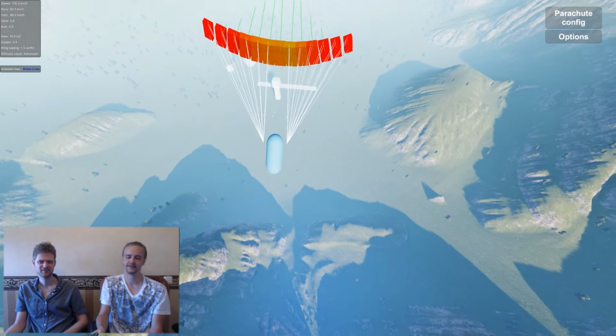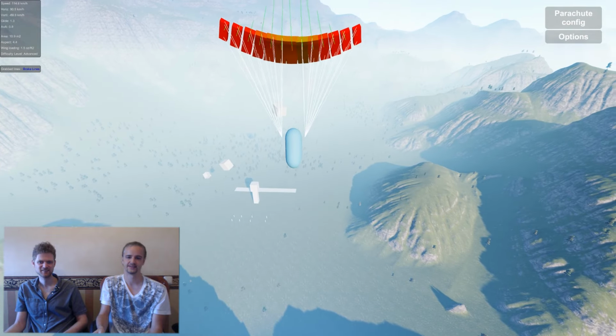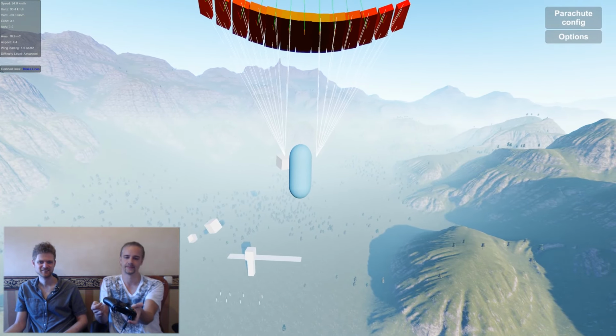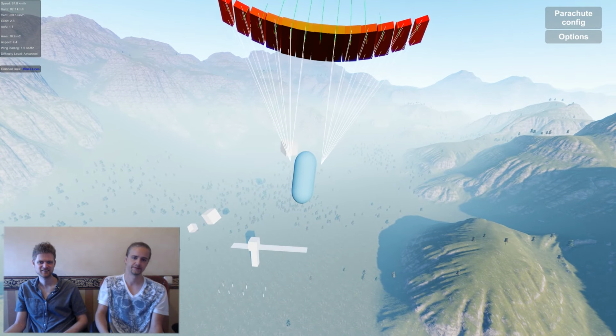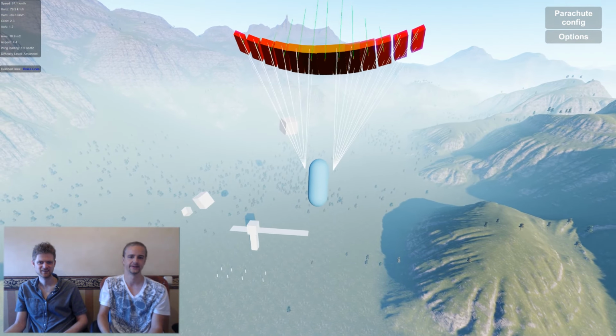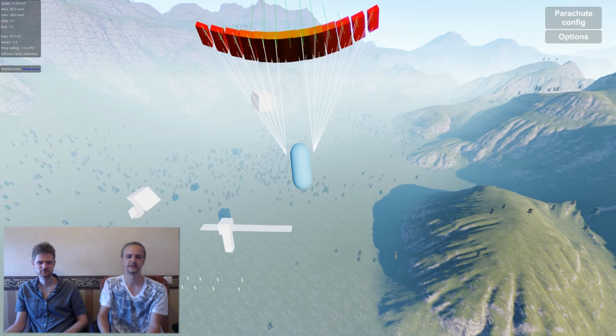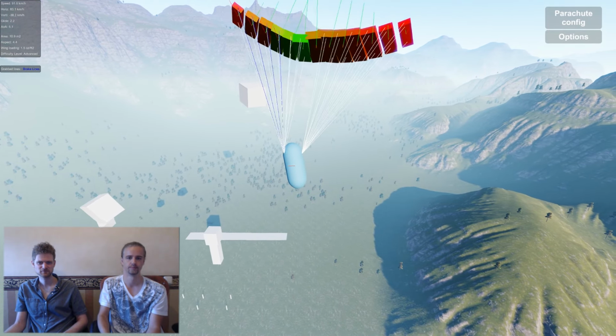But you can see here, it wiggles. I'm not even doing anything. It's wiggling around a lot. By inverting the shape, we have created a kind of interesting instability in the system. That's not to say it doesn't fly, but I think in reality this parachute shape would be much more prone